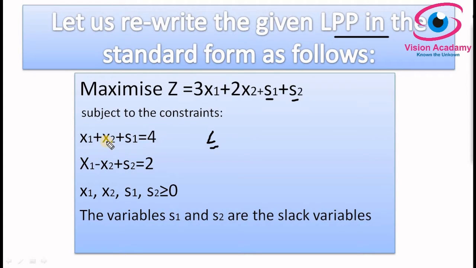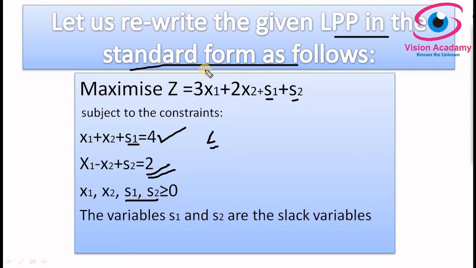So which means x1 plus x2 plus s1 equals 4, and here also, and s1, s2 are also added to the non-negativity conditions. And three things we have ensured. One thing is we have introduced the slack variables, and in the non-negativity conditions also slack variables are there, and in the objective function also slack variables are there, and we have removed inequality in the constraints. That is, the constraints are in equation form, and there is no negative value on the right side of the constraints, it is a positive value. These are the desired form of standard form of LPP.